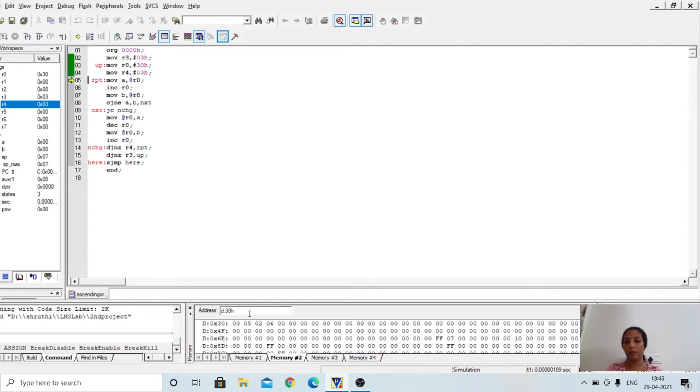If there are 4 numbers to be sorted out, 3 comparisons have to be done between the consecutive elements. Again, the procedure has to be repeated for 3 times to get the array completely sorted. Okay, so R4 is also loaded with the count.